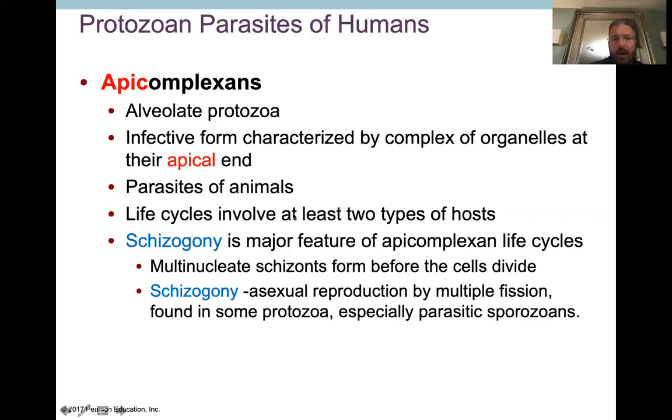So if you ever come across schizogony or something like schizophrenia, that prefix just means multiple or different. When you see that word, look for a choice that tells you some kind of change in morphology. If it comes up again three years down the road and you don't remember schizogony, just think of schizophrenia. Just think of change in shape or cell, and then you should be able to find whatever answer they're looking for, you guys.